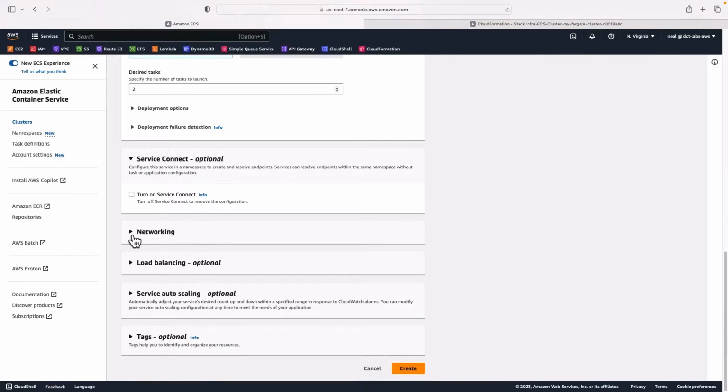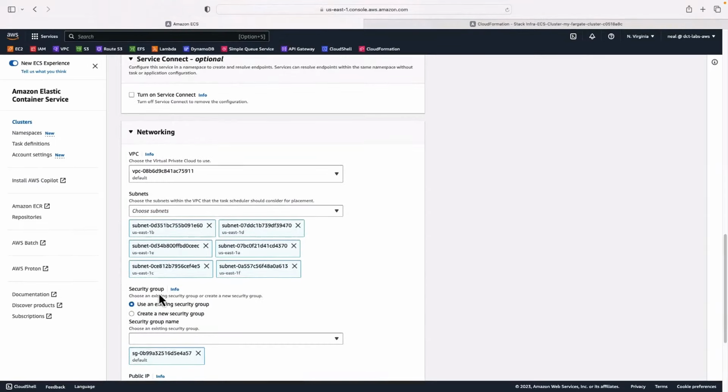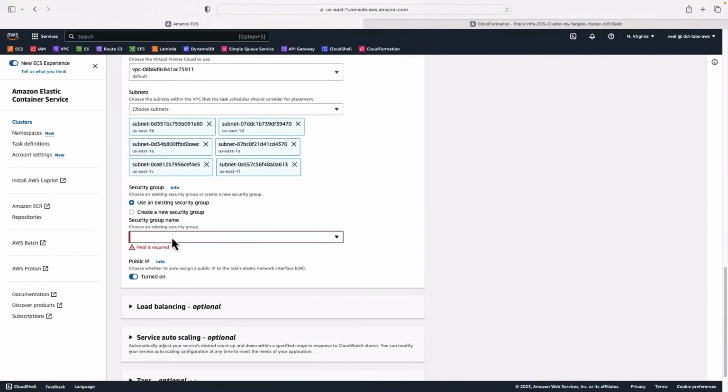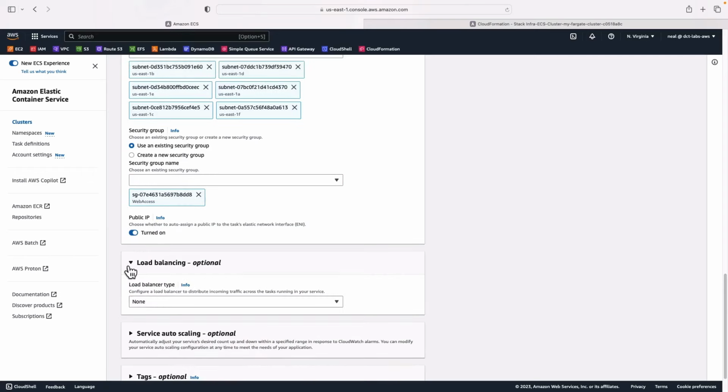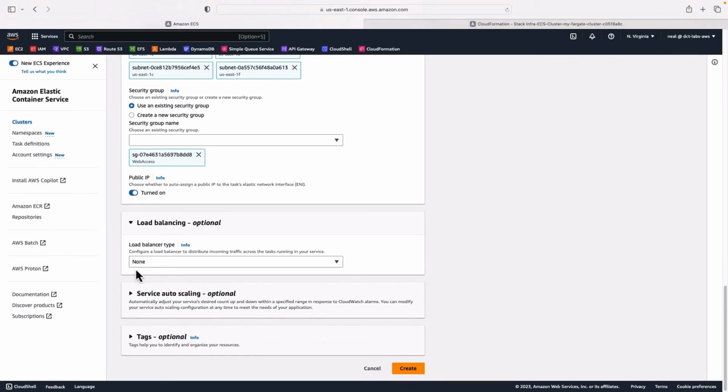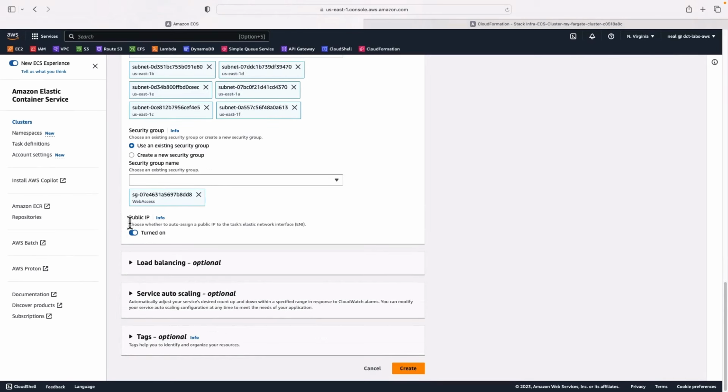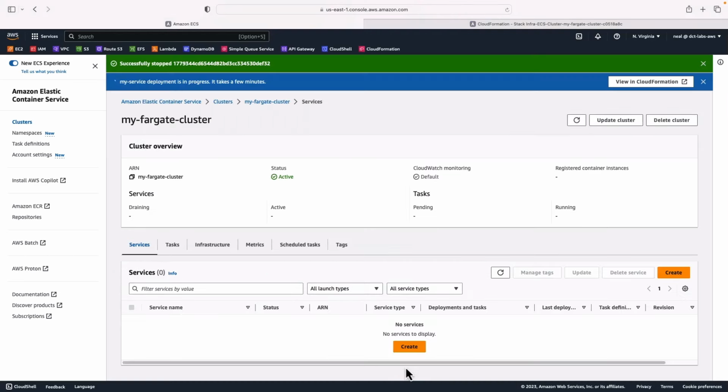But of course, what you can do is modify things like the VPC. The security group, we will do that. We'll change again to our web access security group. You can add load balancers as well. So we don't have a load balancer, but you can add load balancing to your service, and of course auto scaling as well. So I'm going to create this service, and once it's created, it should automatically launch 2 tasks